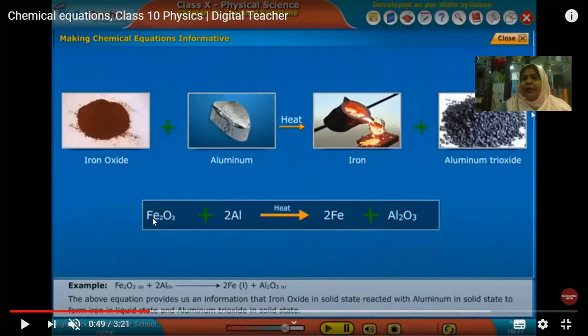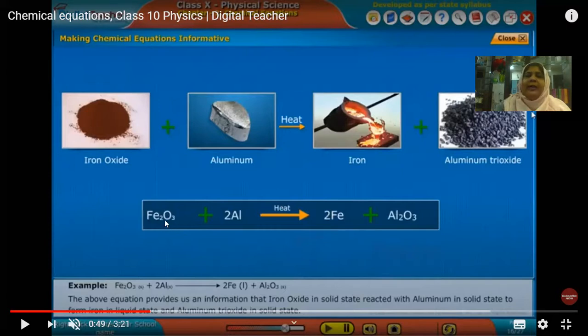According to the law of conservation of mass, an atom can neither be created nor destroyed, it cannot be destroyed in any form, the smallest particles. When you are taking two molecules of iron in the reactants, the products also should give rise to two molecules of iron. So we see here that ferric oxide, when it is heated, gives iron, two molecules of iron. Here in the reactants also we took two molecules of iron, and in the products also we are getting two molecules of iron, and three molecules of oxygen was taken.